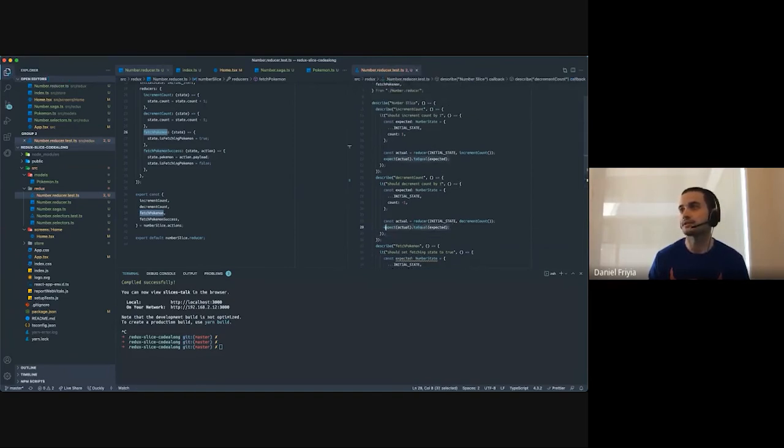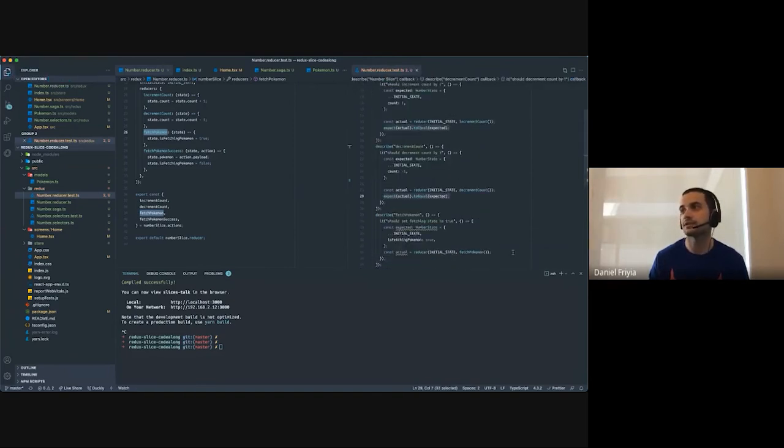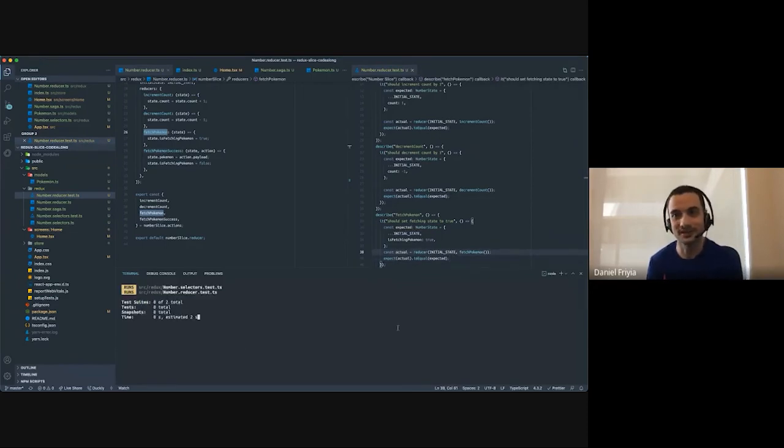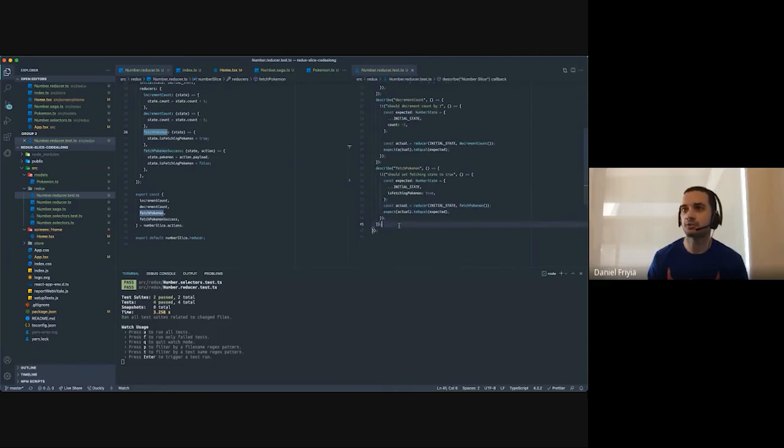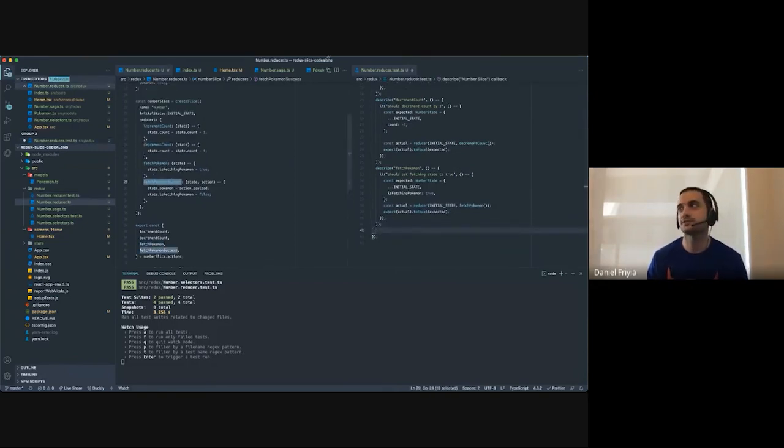I'm going to copy paste the actual is equal to expected, because you guys have seen that already a million times, and we don't need to be reviewing that. All right, so we get another passing test for fetching Pokemon, and I'm going to create our final test for success. So if our Pokemon fetching actually succeeds,